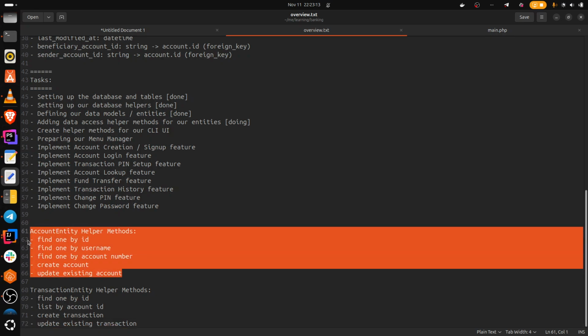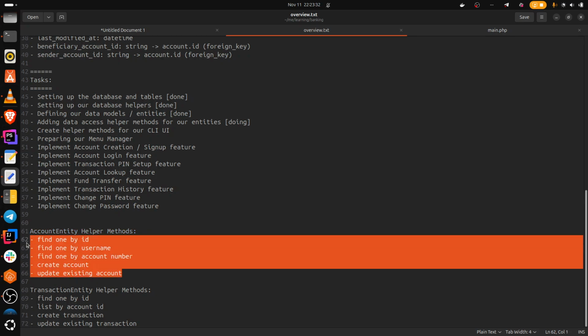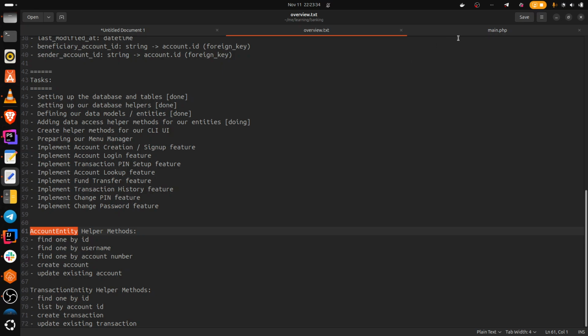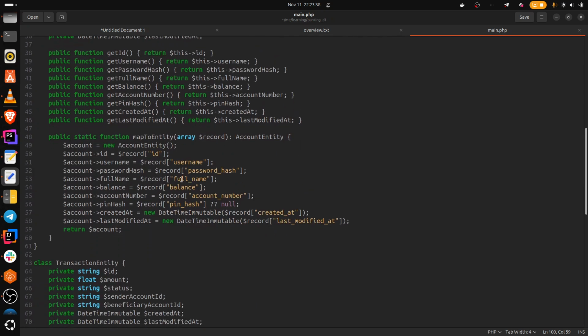You can create it in the account entity class, or you can create it maybe in a separate class, maybe a repository class, and then have that handle all the interactions between the entity and the database. But we'd like to keep things simple, so we'll be working on this. We'll be creating this in the account entity helper method. So let's do that. Okay, so the first one, we will create